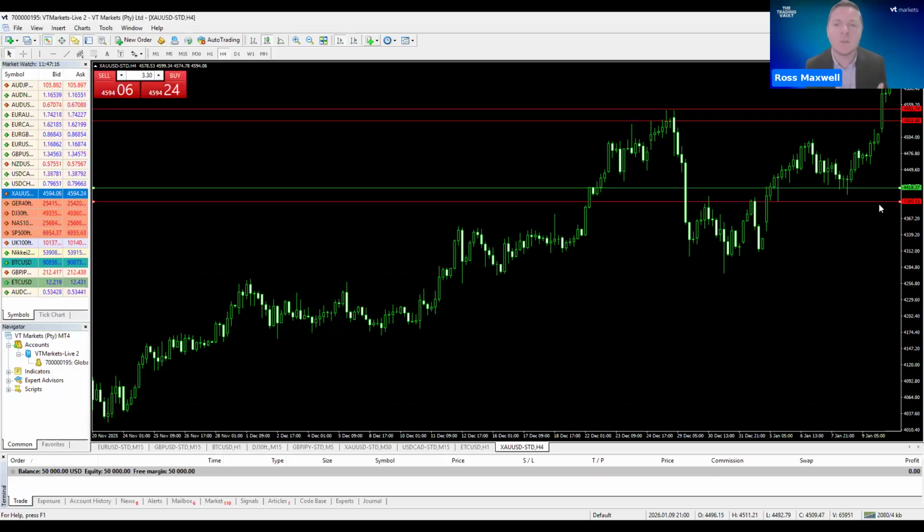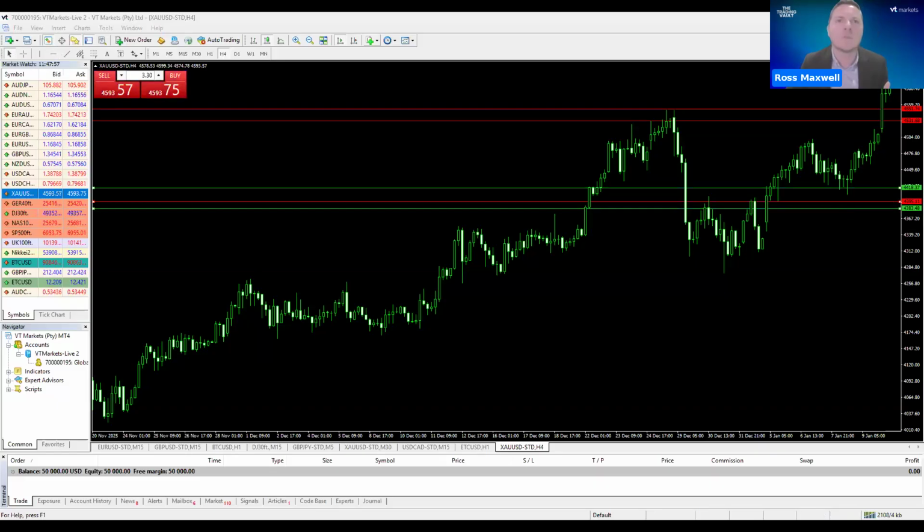Support and resistance in and of themselves are subjective. Okay, so I see that as the zone. Somebody may see it slightly different. I need to allow for a margin of error. I need to allow for a little bit of volatility. So I, generally speaking, would have that sort of stop, in gold's example, around about 10 points further below. So I'd have my stop around 43.85, around there. So just enough room that if the market came down, I've got a little bit of room for margin of error. I've got a little bit of room for a liquidity grab.